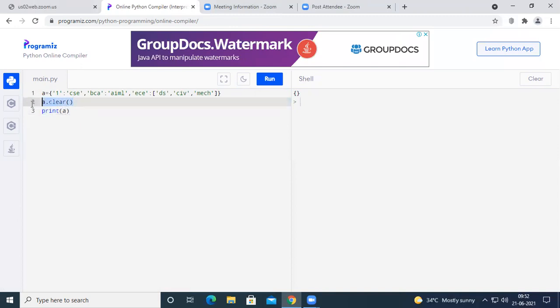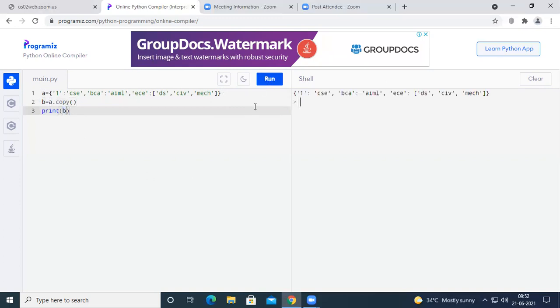Let us remove this one because let us have some more functions on this dictionary. For example, I have one more variable b, and for b I have used the function a dot copy, and I want to print b.